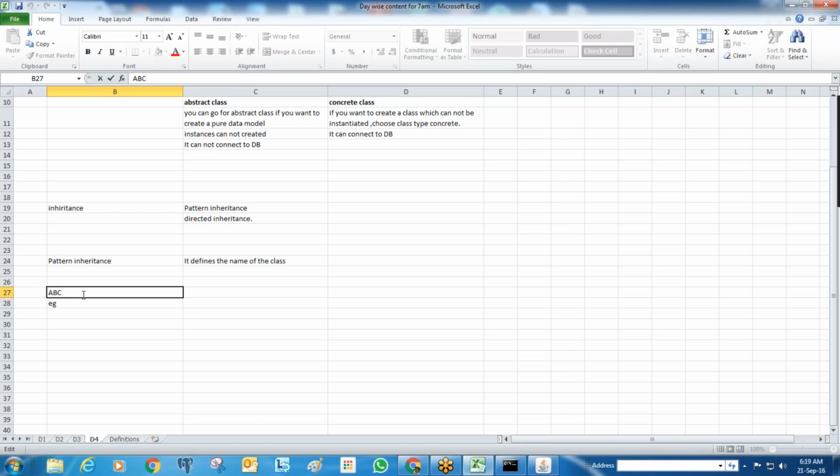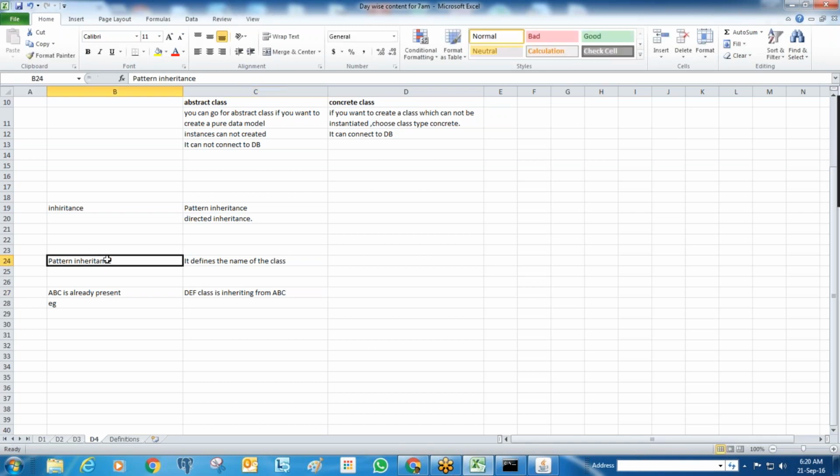Now I want to create a DEF class, which is inheriting from ABC. That is my requirement. I want to inherit the ABC class using pattern.